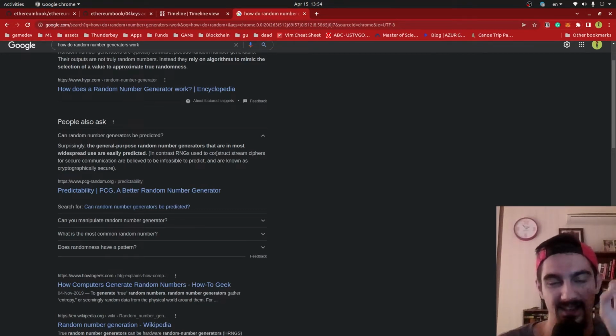That's the key, the seed. In most of these random number generators, they get the current time in milliseconds from 1970 and use that as a seed to generate a random number.